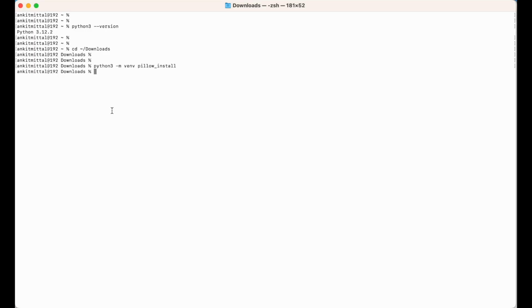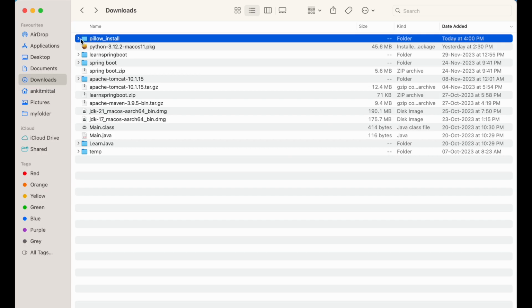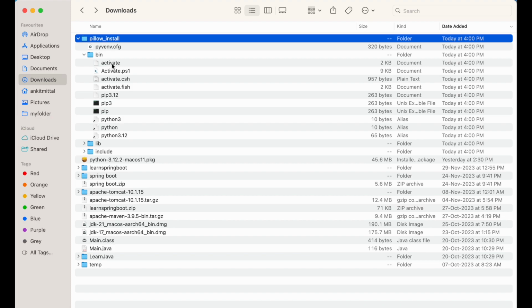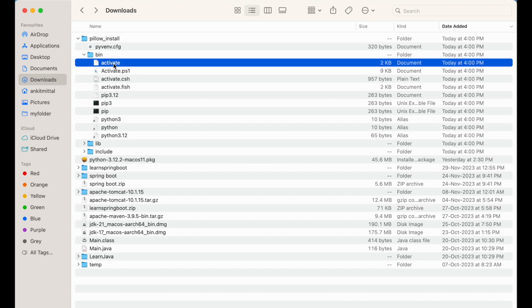Now we need to activate this virtual environment, and to activate it we will have to source one file which is present inside the bin directory of this Pillow_install folder. Let me show you that also. Inside this Pillow_install you would see this bin folder, and inside that this activate file is there. So we will have to source this file.